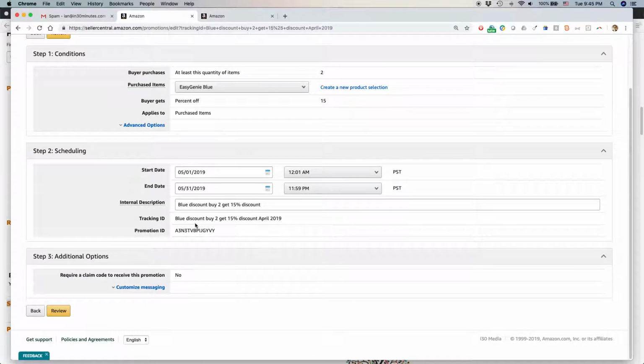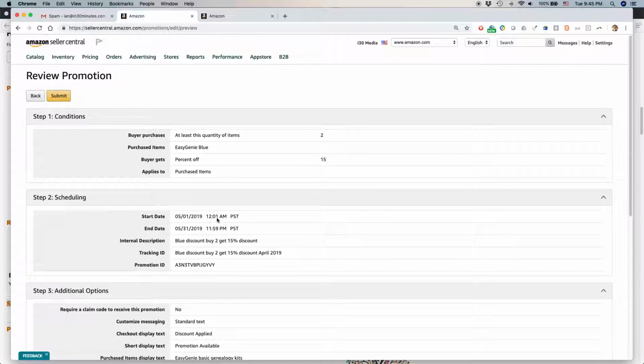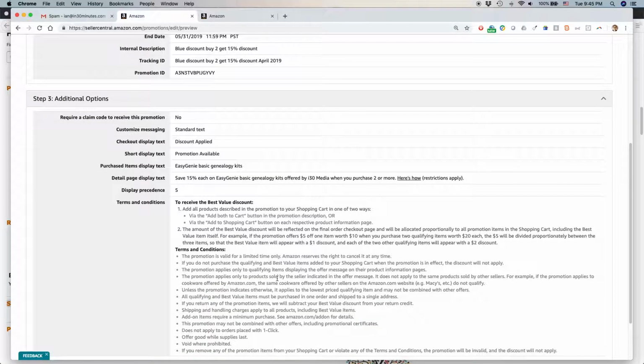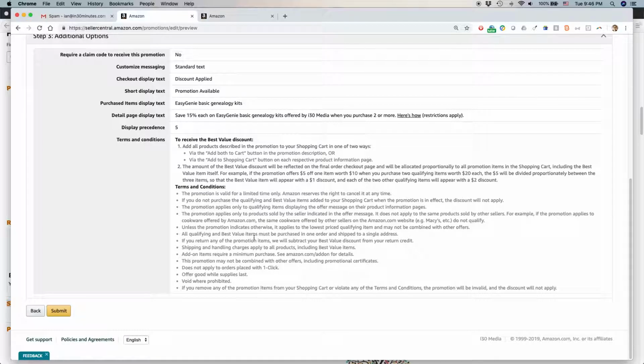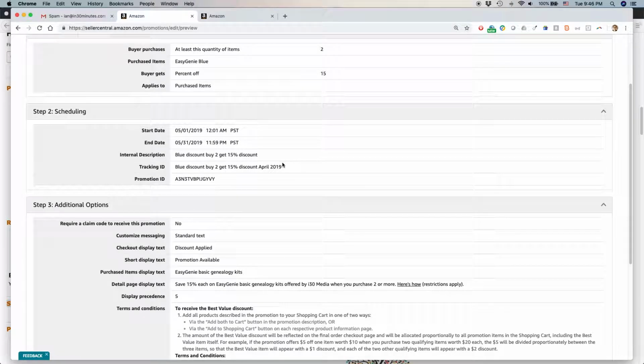Okay, everything else looks good. If I wanted to, I could change text. I could even change things like the product that's being used, but I just want to change the scheduling. So I've just made that quick change. Now click review. It'll show you the basic information, including the terms and conditions and stuff. If I'm sure about it, and again,